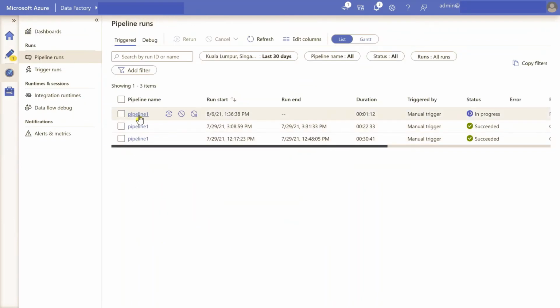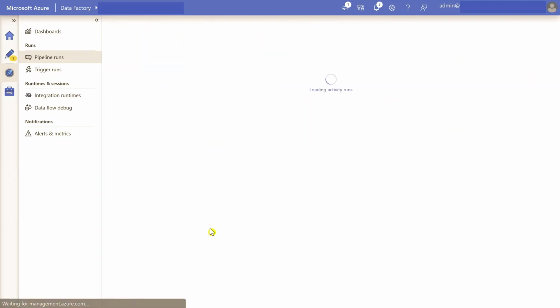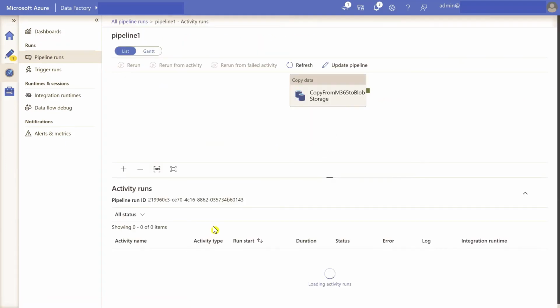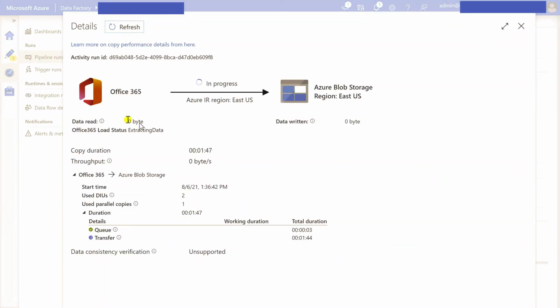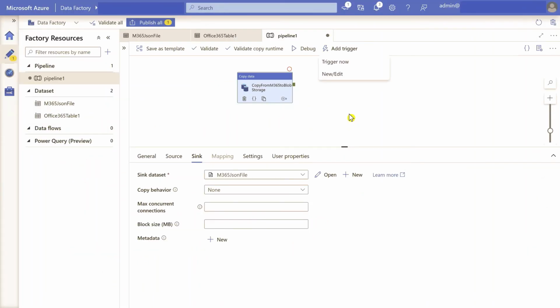Here you can see the pipeline is running now. And when I want to look at the detail of the pipeline, I will be seeing the activity run here. And this small icon, when I click on it, will give me the status of Office 365 data being copied in progress to the Azure Blob Storage. Once that is done, it will report how much data is written, and I will have a completed status summary out here. With that, let's move to the next stage of this demonstration and have a look at the